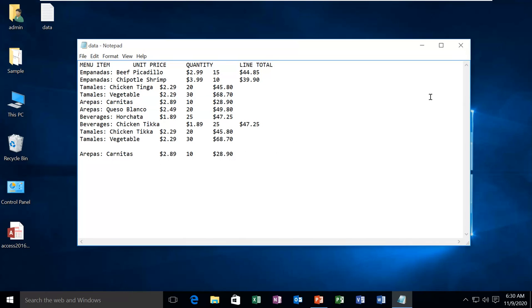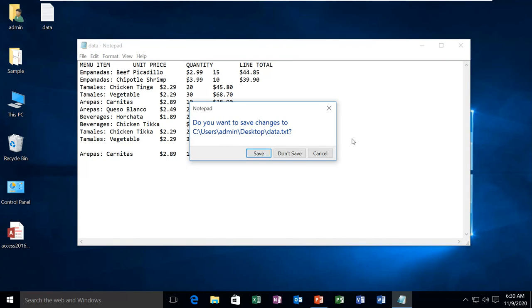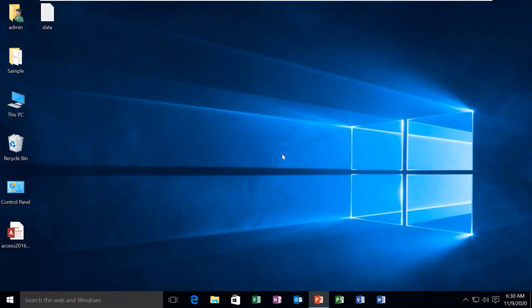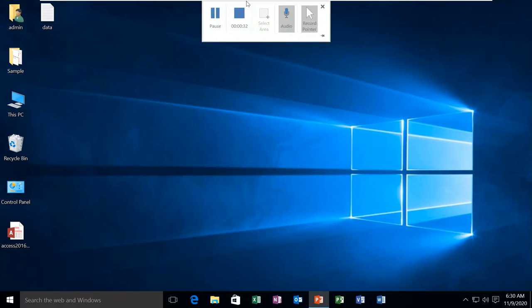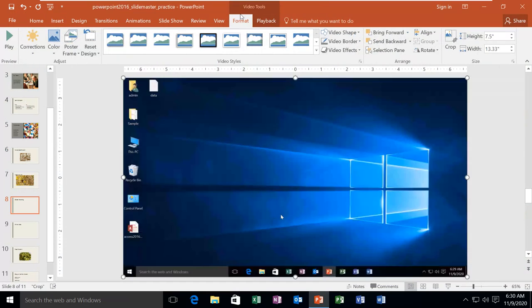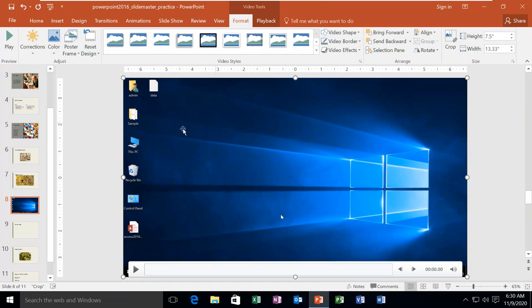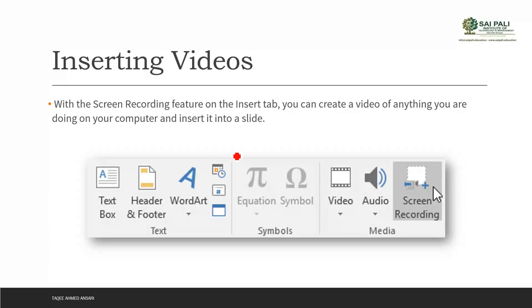It is recording all those things. Now I want to stop the recording. When I hover the mouse over the top, it will show me that window again, and now I can click on stop. As I press stop, the video is now available in my PowerPoint slide.